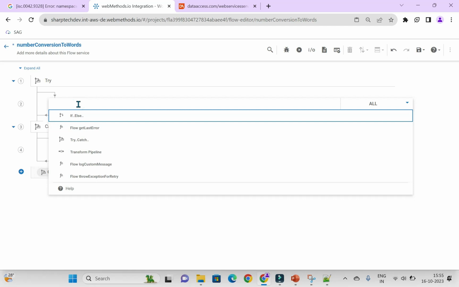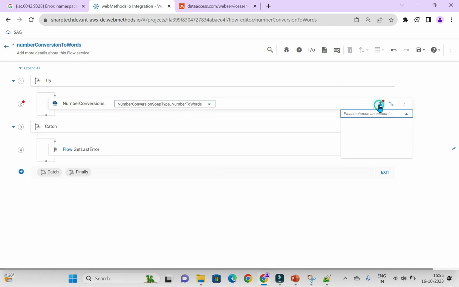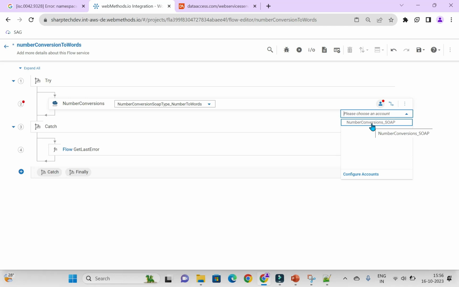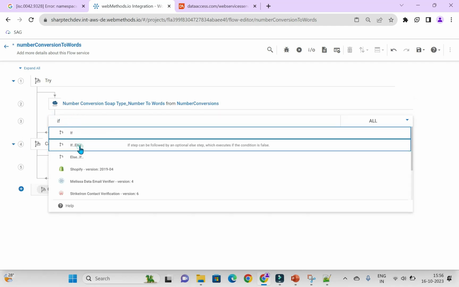Okay, now number conversion, it is a SOAP call. It is two words. Select the words. An account, select an account. Now next step, if else,